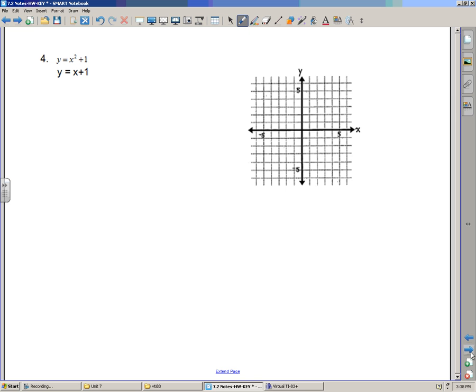Okay, so the last one, y equals x plus 1. Begin at 1, up 1 over 1, up 1 over 1. Graph your line. For this particular quadratic,